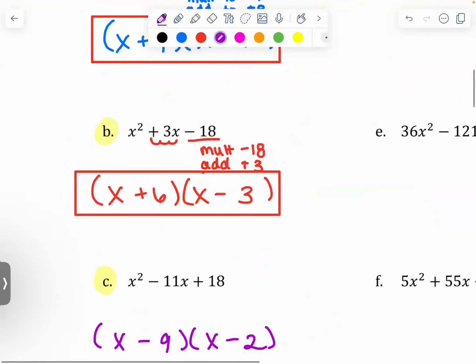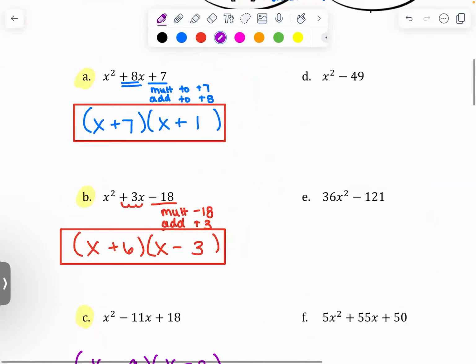If this third number is positive, we know that a negative times a negative is a positive, and a positive times a positive is a positive. If this number right here is negative, we know we need one of each. So here we knew that they needed to both be the same, both positive because of this guy. Here we needed them to be the same, but since this was negative, we knew both of them needed to be negative. You could also do negative 12 plus 1, but that doesn't work for